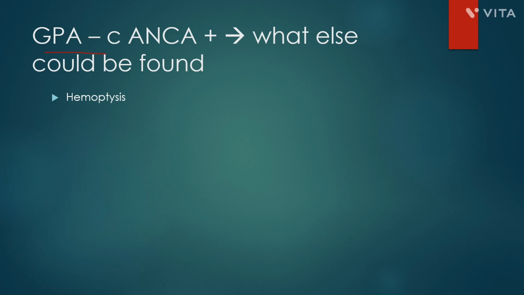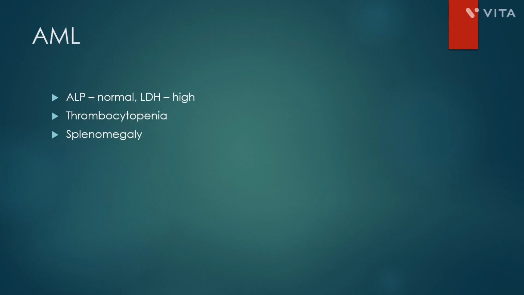A patient with granulomatosis with polyangiitis, wherein c-ANCA is also positive, so that can come with sinusitis, glomerulonephritis, and pulmonary hemorrhage. So they ask, what else will you find? Due to pulmonary hemorrhage, they can present with hemoptysis. That seemed like a bit of a tricky question. They mentioned also hemothorax and hemoptysis. Since there is pulmonary hemorrhage, there can be hemoptysis.